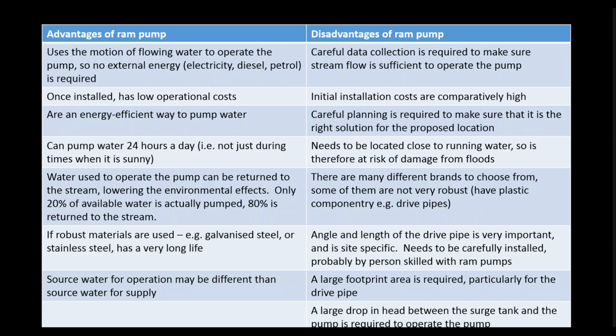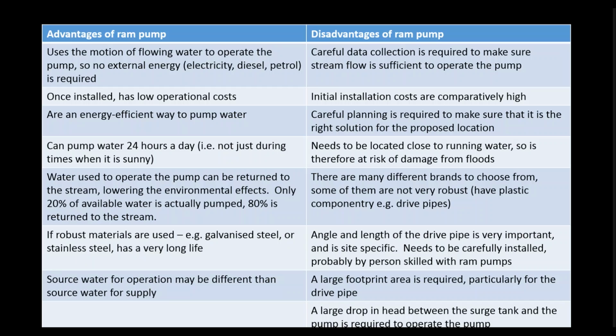Another challenge is that the initial installation costs are comparatively high, by the time you freight pumps and pipes in. In that situation that I showed you, there were actually two pumps in the same area. One was downstream of the other, and we were able to use the water that discharged from one pump and feed that same water into a second pump. So basically the 80% of water that I was talking about that's used for energy almost got used twice, because it went through two pumps, which is quite good, but there's obviously a cost associated with doing that.